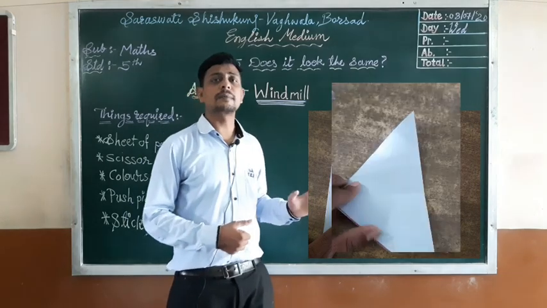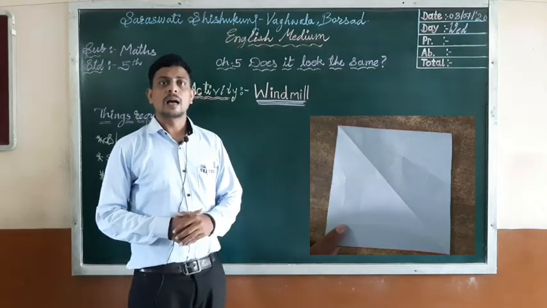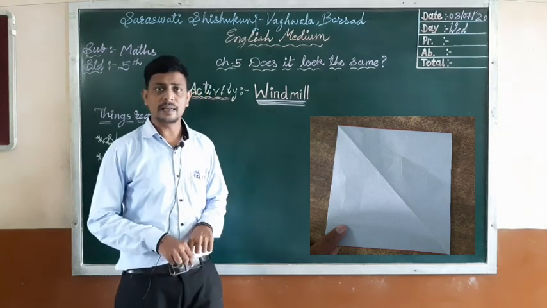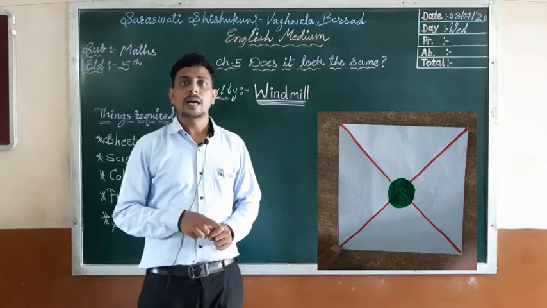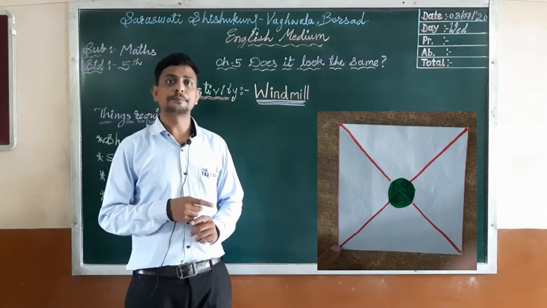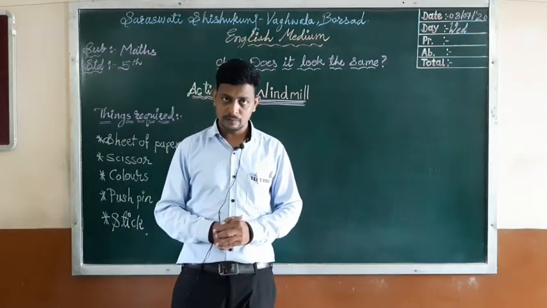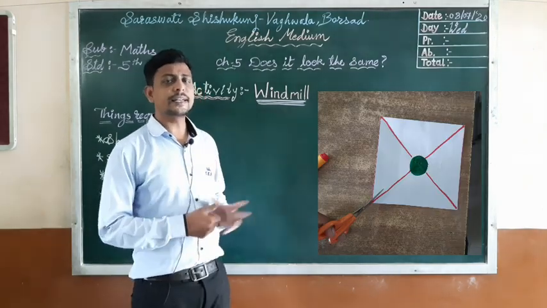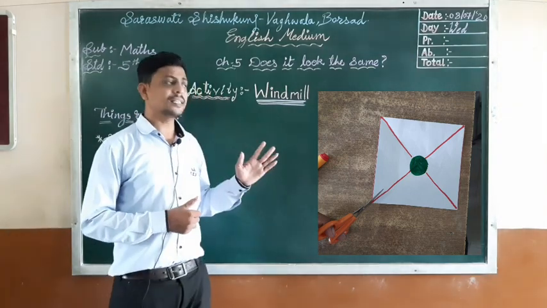Now you have to fold this square again 2 times. You can see in this. Now again you have to open this paper. It will look like a square. Now you have to draw a circle in the center of the paper and you have to draw 4 lines from the corner to the circle. You can see in the picture. Now you have to cut this red line from the corner till the end of the circle. You can see in the picture.